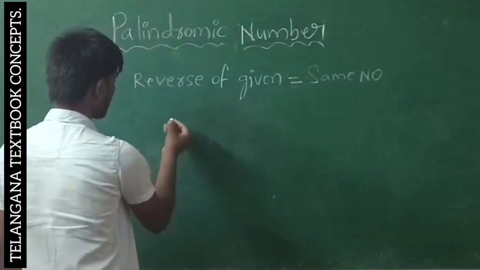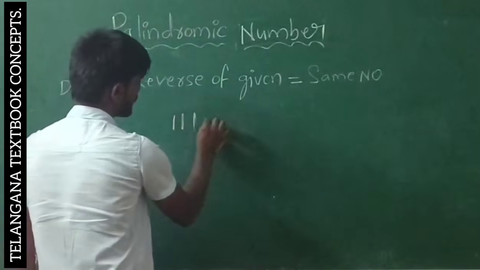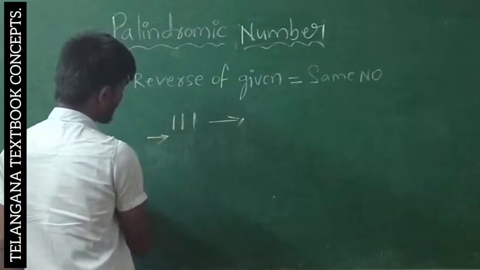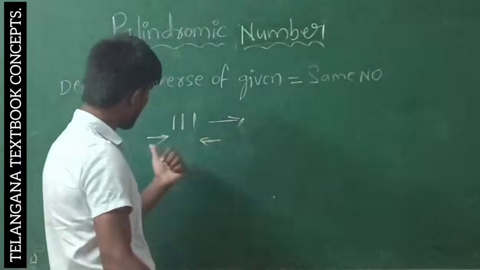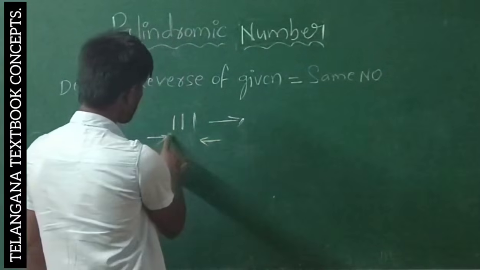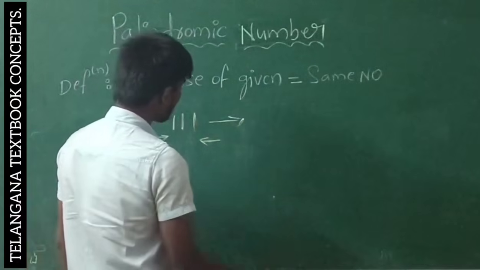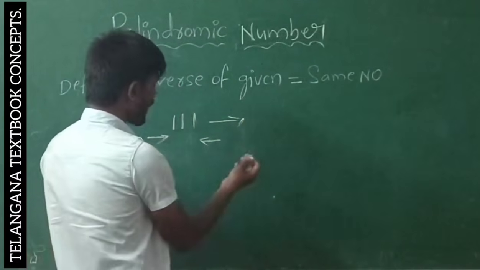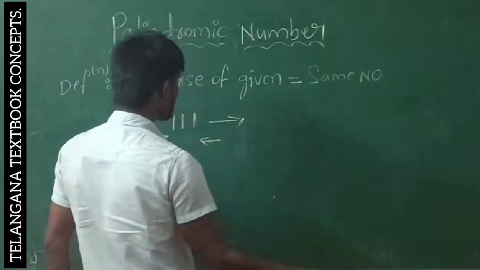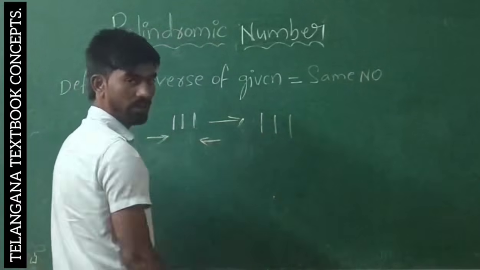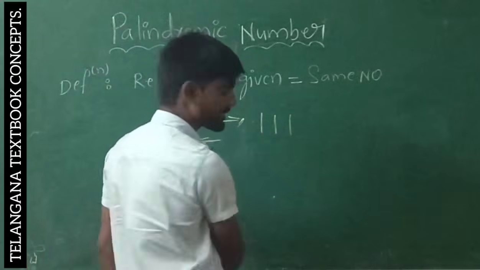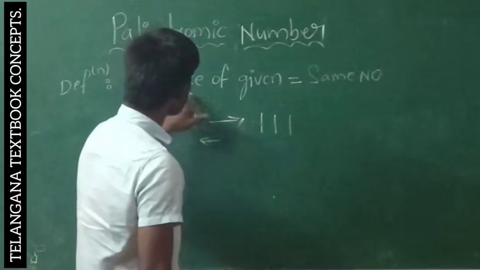Suppose one number is there. For example, 111. This number, right? This is the left side, this is the right side. Suppose left to right I am going to write, this is 111. I am going to write right to left, meaning reverse order, here 111. Same, here the reverse of the given